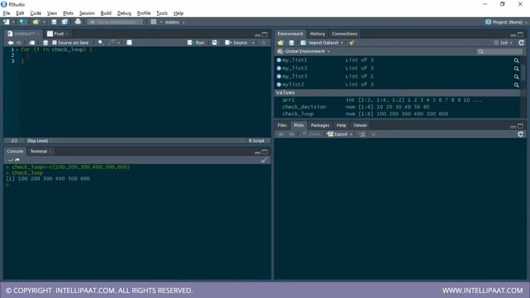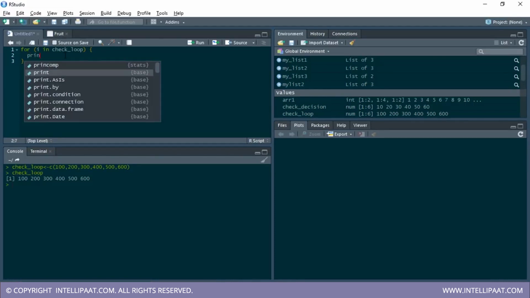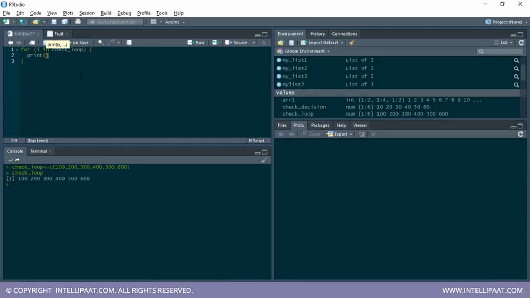And after iterating, what I'm going to do is add an extra 50 to each of these elements. So print of I plus 50. Let me explain this properly. For I in check loop, initially the value of I would be 100. And since the value of I is 100, I am adding another 50 to this, and the result would be